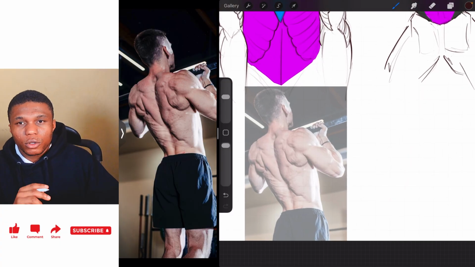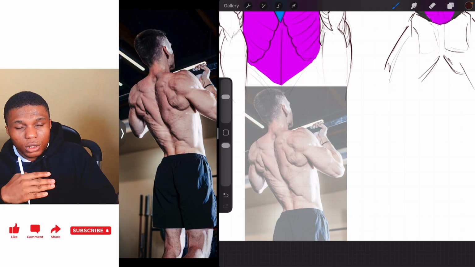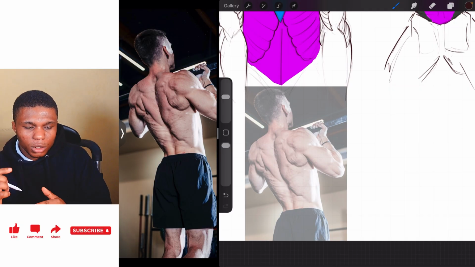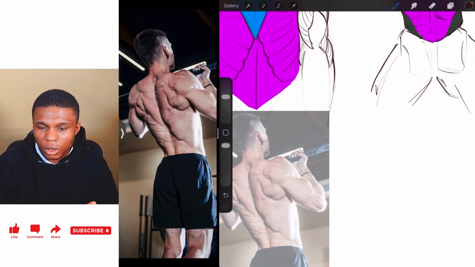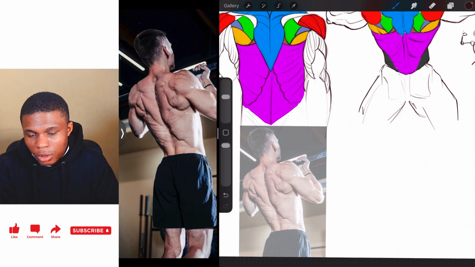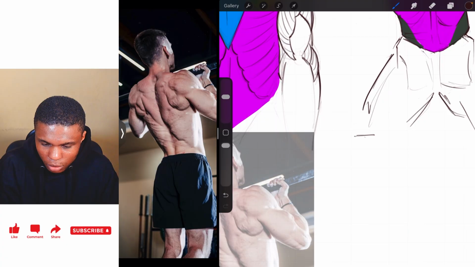In my previous video I did a quick breakdown and a study where I talked about the major muscles, and you can check that video out. In that video I talked about the major shapes that make up the back. We have the traps, then the lats, and then the deltoid. Let me just quickly do that here. We have the traps, which sort of